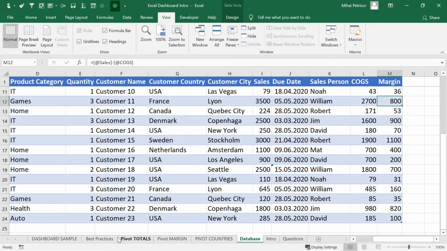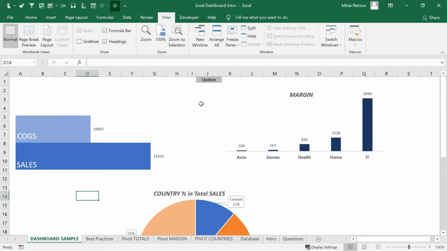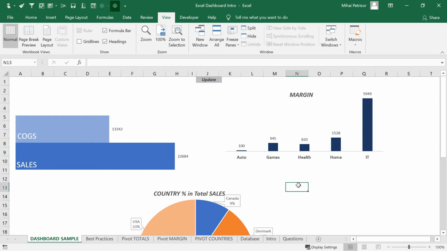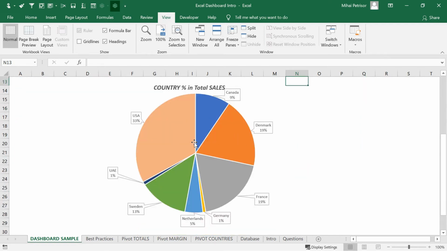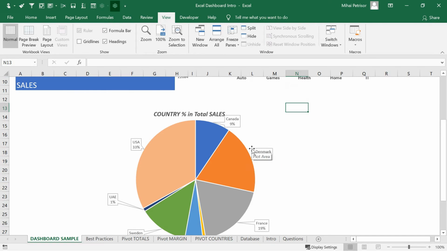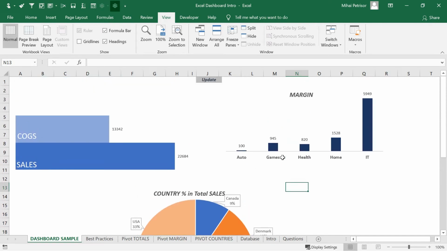Now when I go to the dashboard sample, I click update, and here we go. All the data are there, we are updated, and the figures are updated very fast.